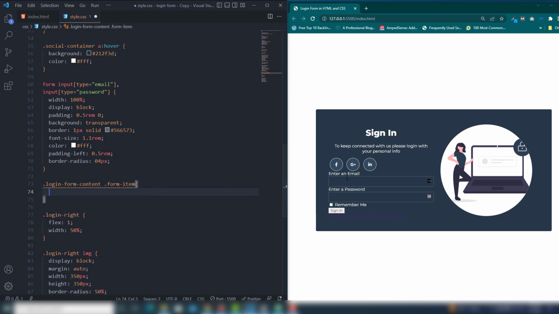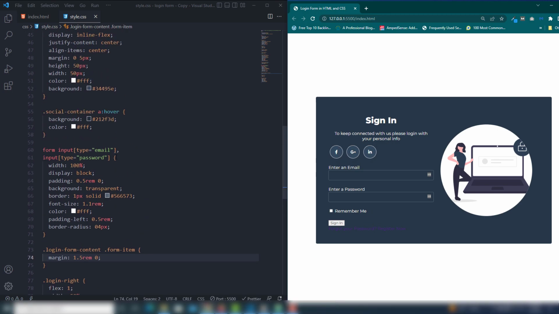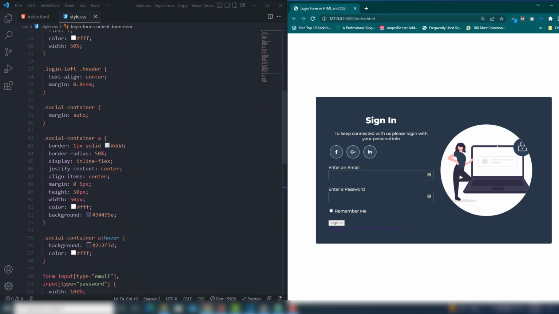So I want to make a space like this one, complete section. So just select that and I use margin top and bottom will be 0.5 rem, left and right 0 rem to make a space, right, as you can see. But I think we need to check that